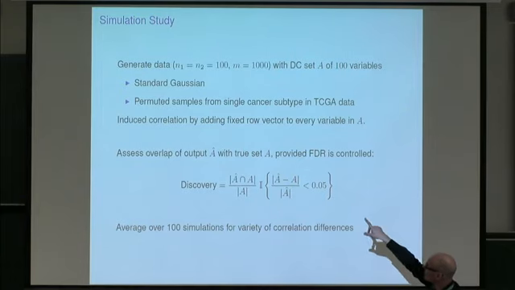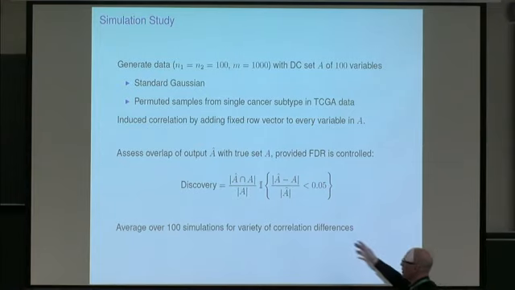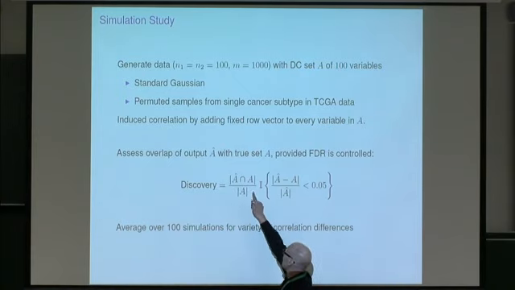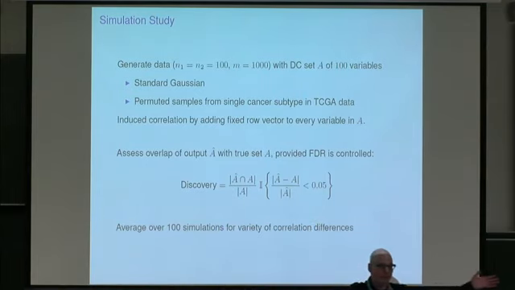Then we induce a DC clique, or a DC set A, by adding a fixed row vector to every variable in a set A. A is 100 variables. We let M be 1,000. Larger values of M actually knocked out some of the competing methods because they just stopped, as they weren't fast enough. Then we looked at overlap: to what extent does the empirical result match the true one? It's easy to match the true one if you produce a gazillion variables. So if your false discovery rate is more than 0.05, out you go; we set this to 0. This is just a way of displaying what's going on. And we did this for 100 simulations.